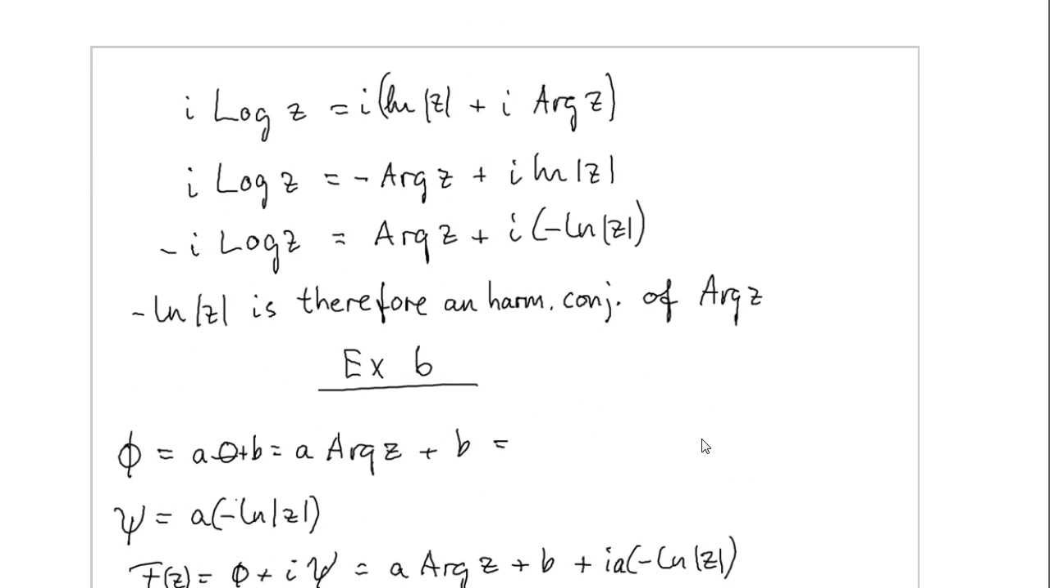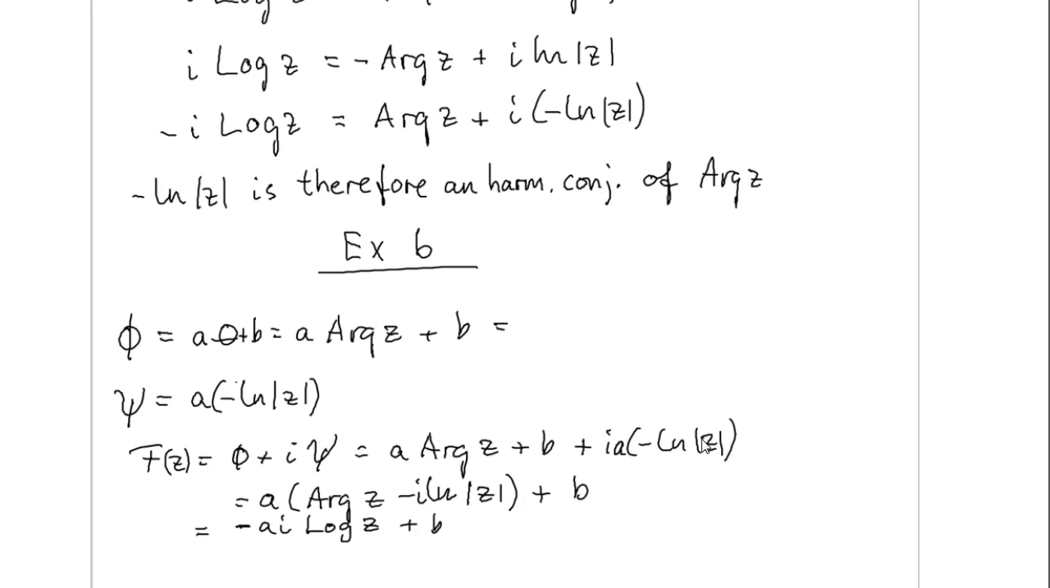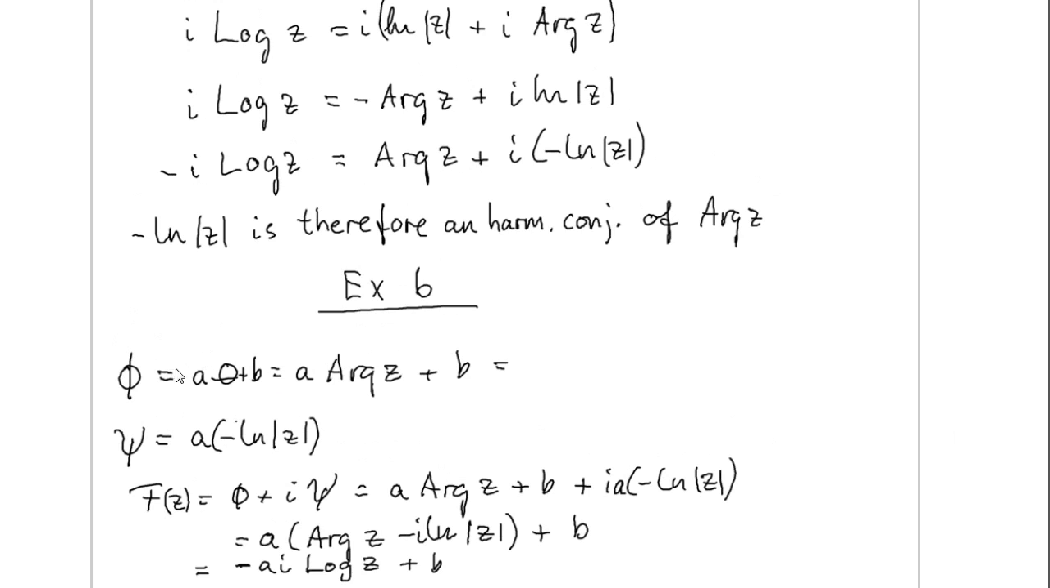This we are going to use in the next example 6, where we have the following potential. We have seen this before. We have a constant a multiplied with this theta plus b. So a and b are real constants. We see that this theta is, as we have observed before, just equal to the principal argument of z. So we can replace this theta by this,